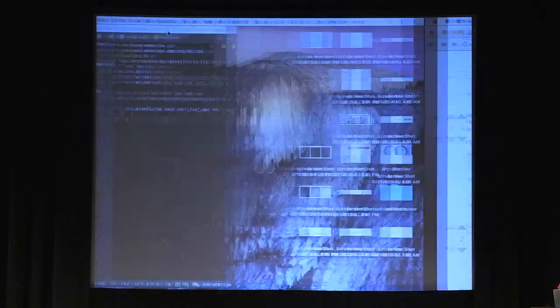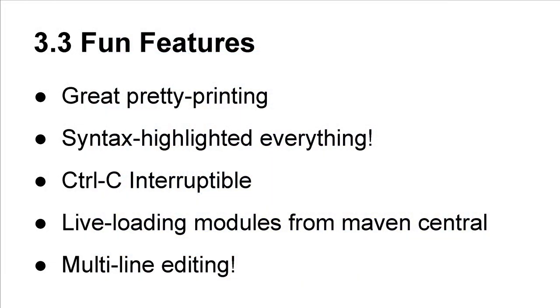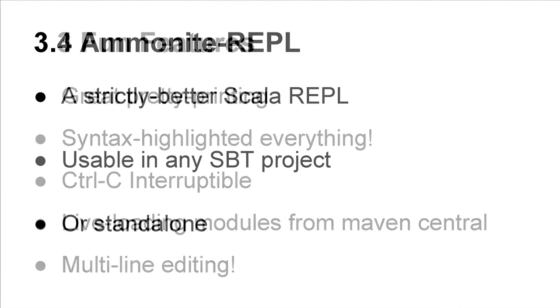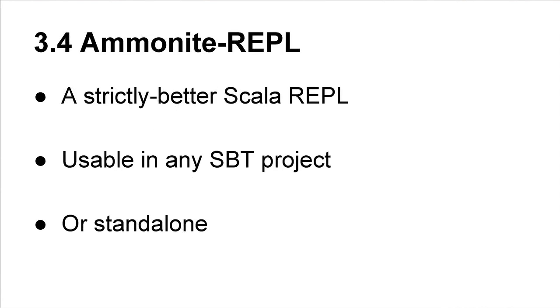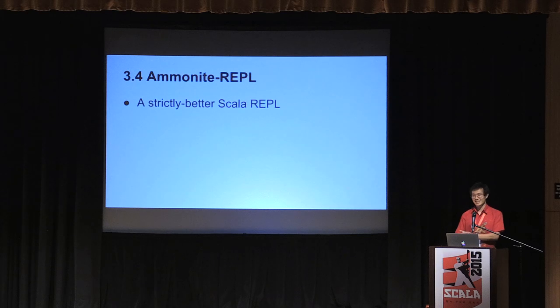Okay, so the Ammonite-REPL provides a bunch of nice things. And it's basically a strictly better Scala REPL. It is possible there are cases where it's worse. If it is, tell me and I'll fix it. But it's not that hard to be better than what's already there. So kind of like JavaScript, kind of like Scala.js, you don't need to be perfect, you just need to be less worse. And I think this is definitely a case where it is already less worse than what's already out there.